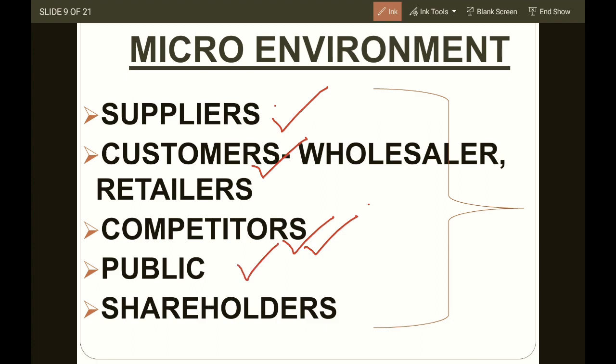Public is very important. You are satisfying, or providing goods to, the ultimate public, the shareholders. They are the ultimate owners of your company. They are the persons who are investing in a company. So it's very important to provide them the information regarding the financial position, the position of your assets and liabilities, all the things, all the functioning of your business activity.